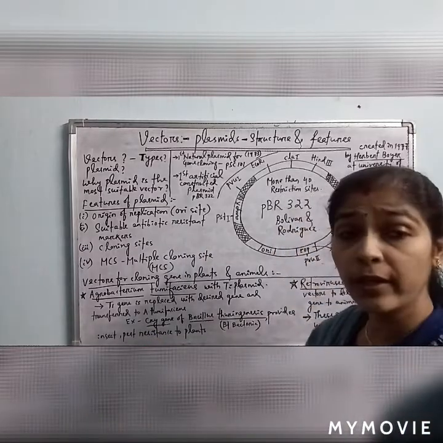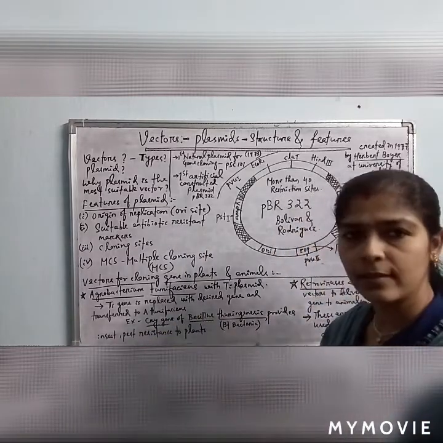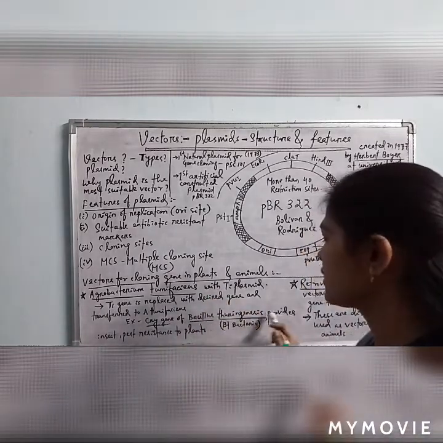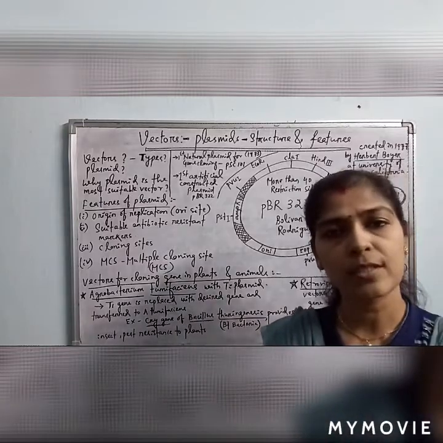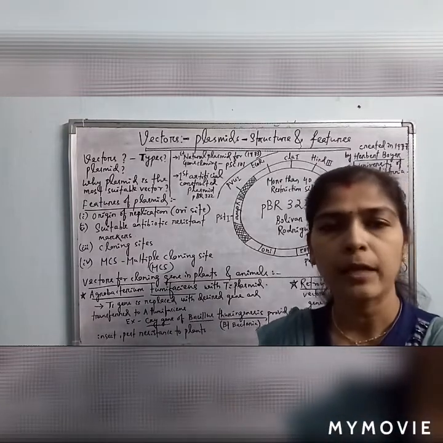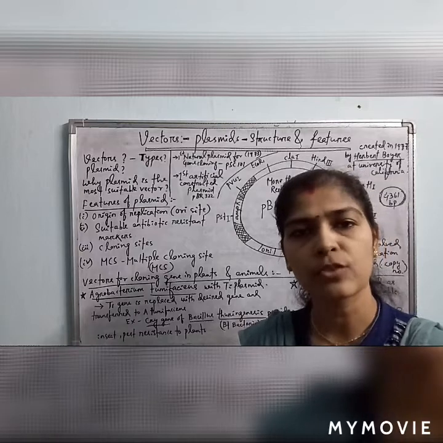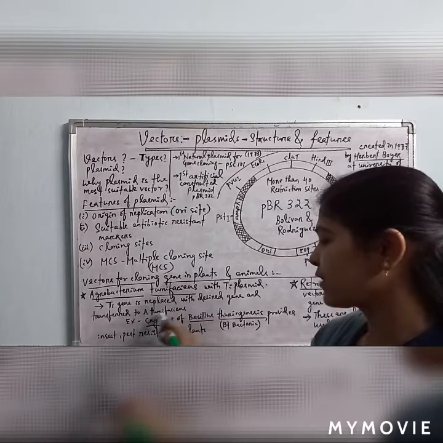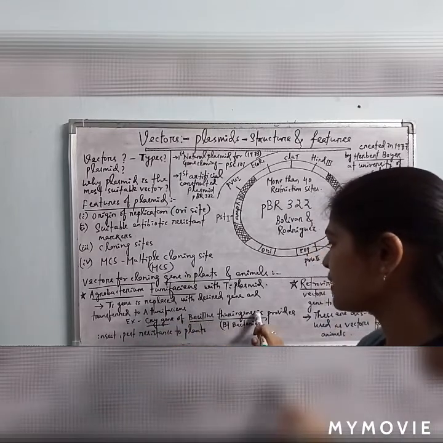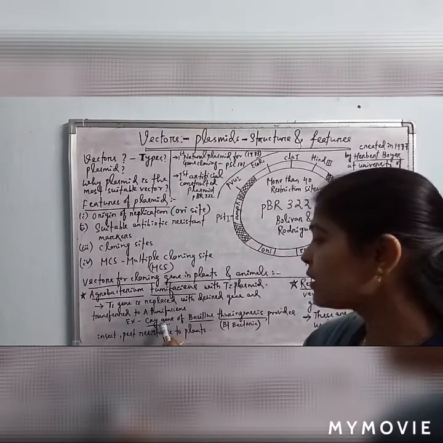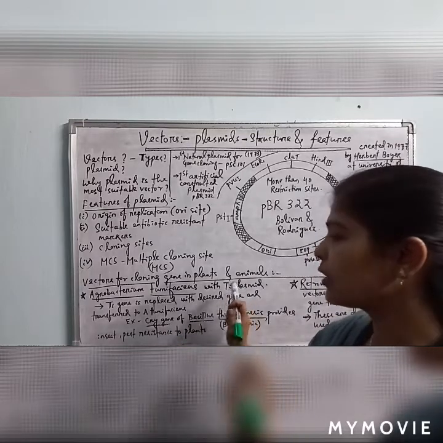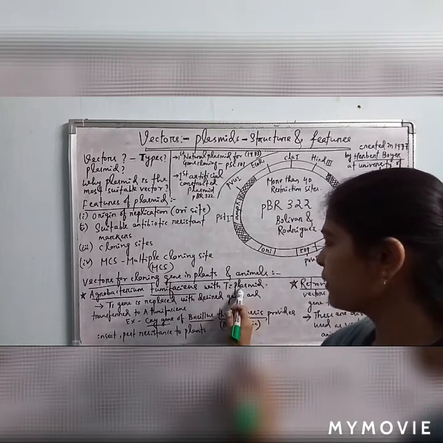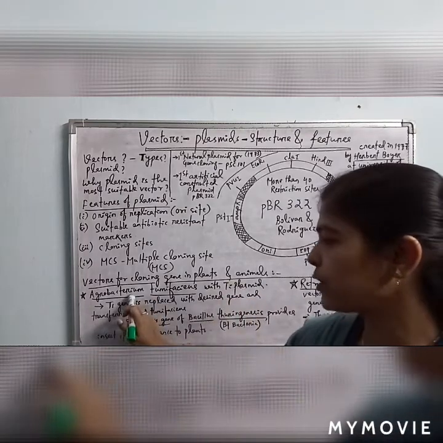For example, we can also insert the cry gene. What is it? This cry gene is extracted from the Bacillus thuringiensis bacteria. This Bacillus thuringiensis bacteria is also known as BT, and BT corn and BT cotton are all transgenic plants now made. So by extracting this cry gene from Bacillus thuringiensis, it can replace the TI gene or T-DNA of the TI plasmid, and that TI plasmid will be transformed into Agrobacterium tumefaciens.